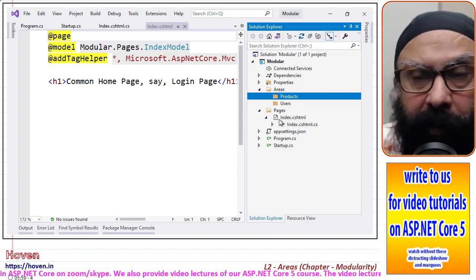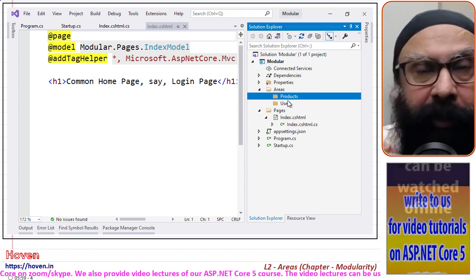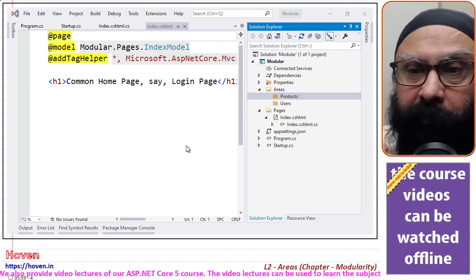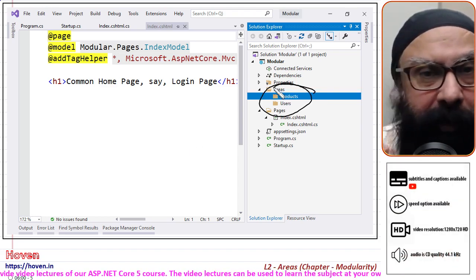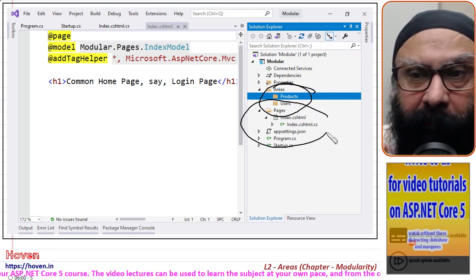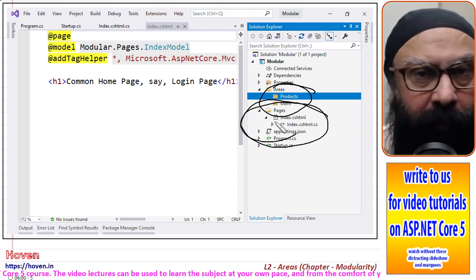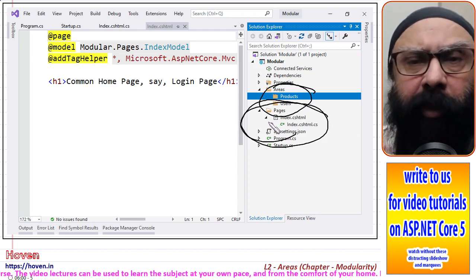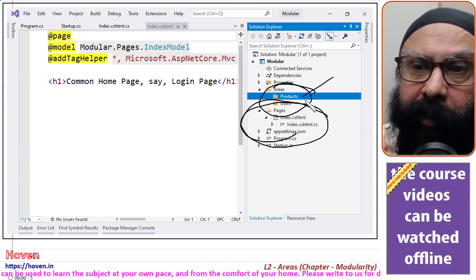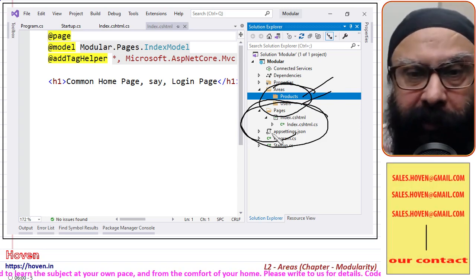So theoretically I have divided my website into two areas, the two areas that I have created just now. Apart from these two areas, there is the global area. So we have three areas basically: one global area, the root of the website, and two areas that we have artificially created.